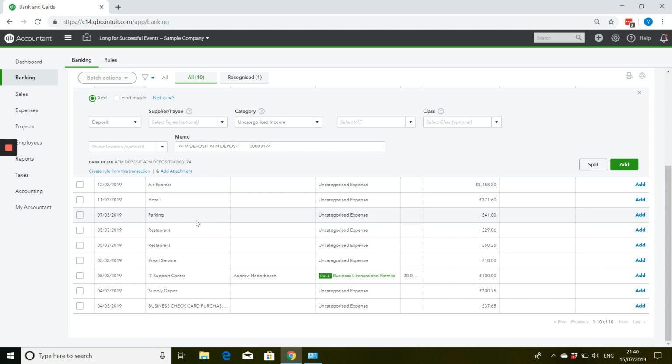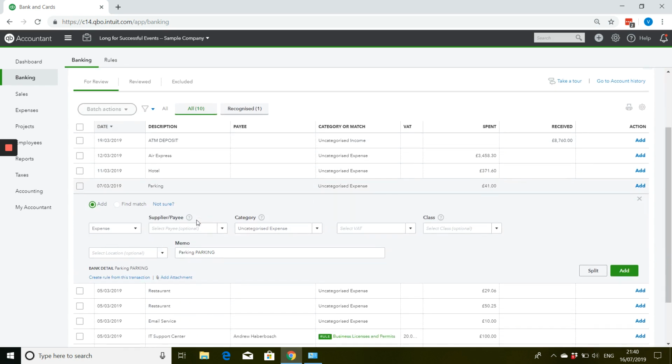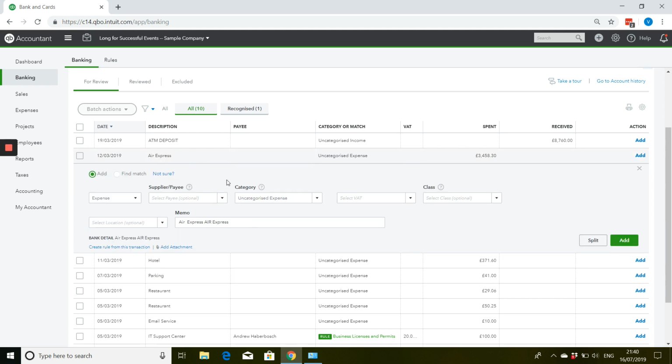Now, what you can do is you can't add it directly from this screen, so there's a couple of options for you. If you have a VAT receipt, then obviously it's always best to upload it, but there is a bit where you can add an attachment there, or you can do it afterwards. I'm just going to choose one, say for example, Air Express, because that normally won't have VAT on there. So if it's a flight, which I'm assuming it is, I'm going to go to Air Express, click on add,